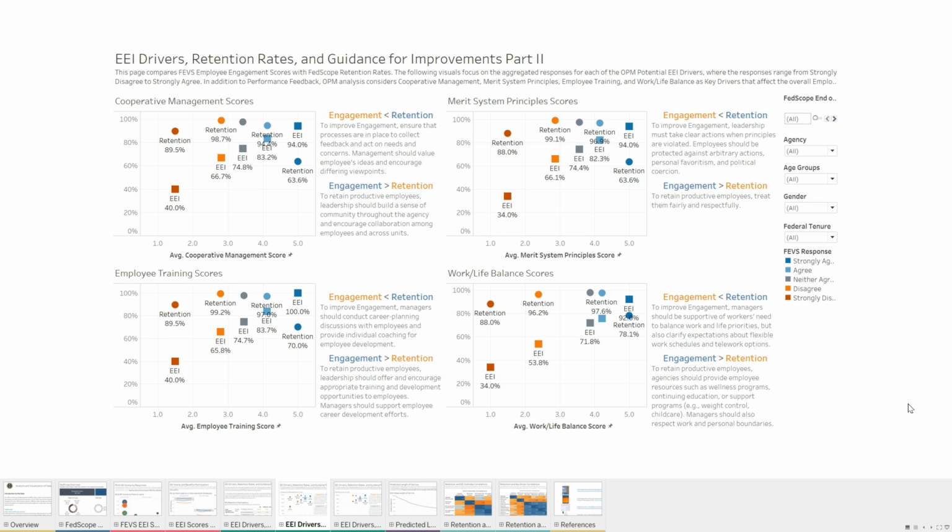So as we're looking at these charts, we see that the engagement scores are increasing with the responses. So where people are saying that they strongly disagree with a number of things, their engagement scores are much lower, whereas they grow as people tend to strongly agree with things. It makes sense, but it's nice to see it laid out like this. Another thing to note here is that for the most part, retention is staying in a little bit of a curve where you're still finding good people are leaving, and we want to address that.